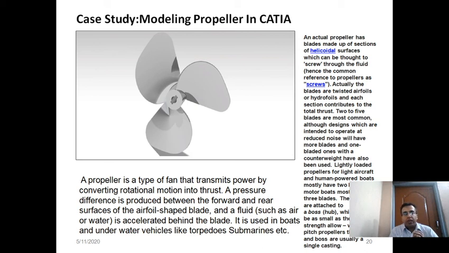Propellers are the rotating members जो कि सबमरीन्स और शिप्स में पाए जाते हैं, उनको ड्राइव करने का काम करते हैं, and they transmit the power by converting their rotational motion into the thrust force, and by the virtue of the pressure difference in their upper and lower surfaces, the water which is coming forward in front of the blade is pushed forward. So about the forces we will discuss when we will come to the FEM analysis of the same propeller in the coming sessions.